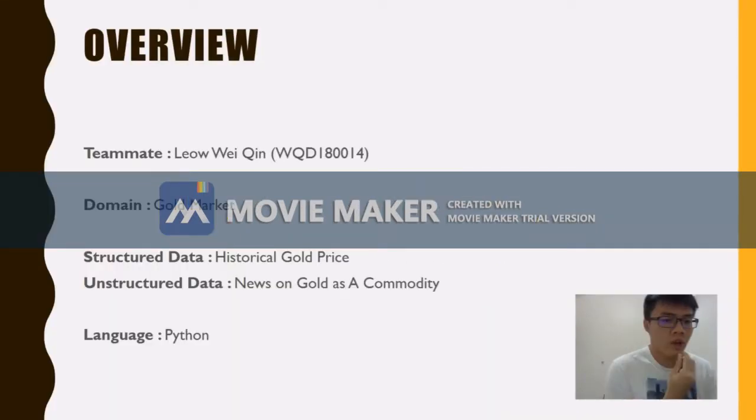Together with my teammate Wei Chin, we are looking into the gold market. On the structured data side, we will be scraping the historical gold price for a year or so. And on the unstructured data side, we're looking into the news on gold as a commodity. With these two sets of data, we would like to see what insights can be drawn in terms of the gold price trend and how to predict the gold price in the future. And of course, for this exercise, we are using Python as the language to do this